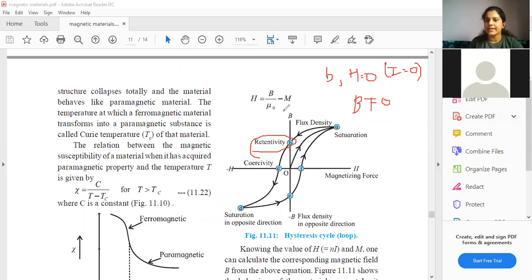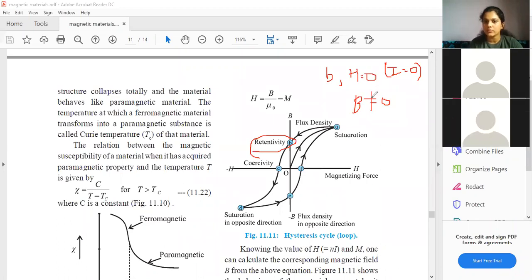Students, I hope you are understanding. Please note this down: this is not equal to 0. If you are not understanding anything, please ask, I'll repeat. First we are increasing current. We reach A, that is the saturation point. Now we are decreasing current, so the graph is coming back. When the current becomes 0, that is when H is 0, we observe that capital B is not completely 0. It still has some flux density retained inside it. Please let me know if you have understood and noted down what I asked. Yes, ma'am.